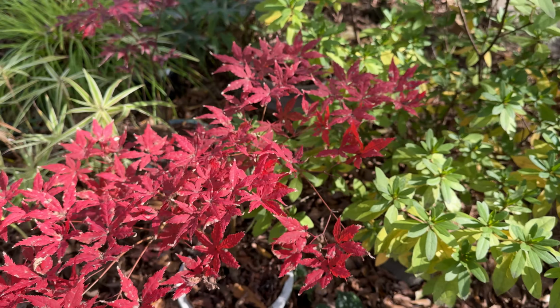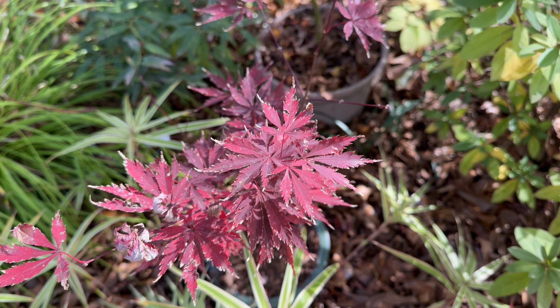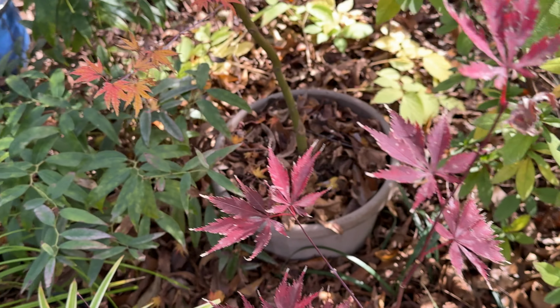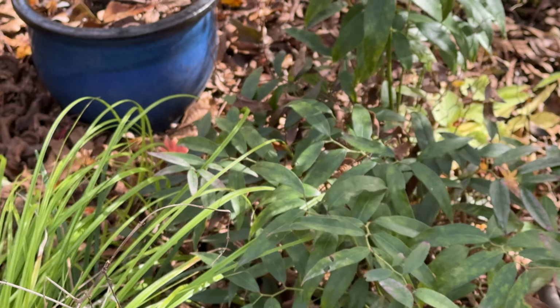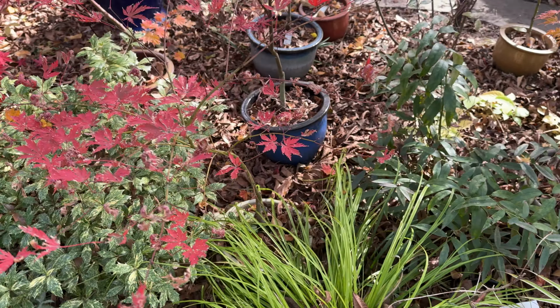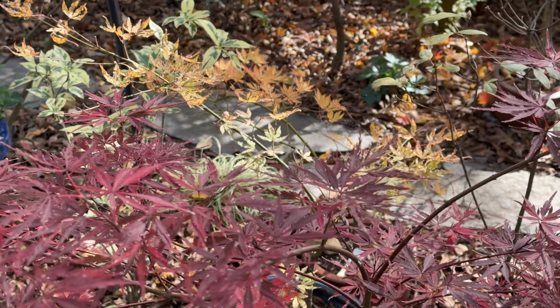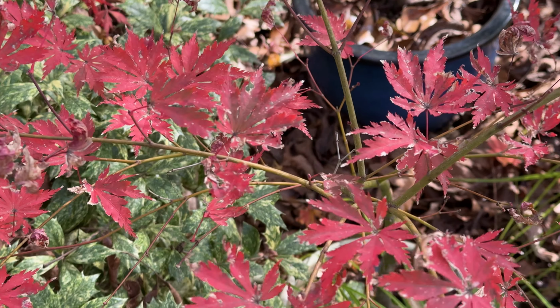This one is Pastel. Extremely red. Black Lace. It's almost black, that one. Rainy Day. And this one is English Lace. Dissected and upright, followed by Ariadne,